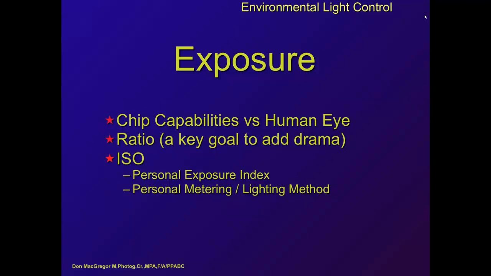And what I'm saying is that you need to learn your gear. You need to learn and understand the capabilities of your gear and establish your own personal exposure index. And that is best done, by the way, with a hand meter, such that if you set your camera at ISO 100, you know that in reality my camera is capturing a little bit hot. Like my own personal 5D Mark II, it captures more like an ISO 125 camera. So when I'm doing my metering, and I'm using a hand meter, I'm setting my hand meter at ISO 125